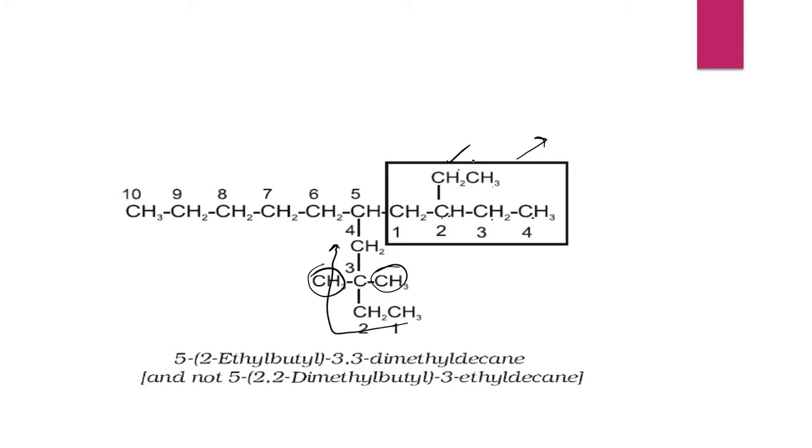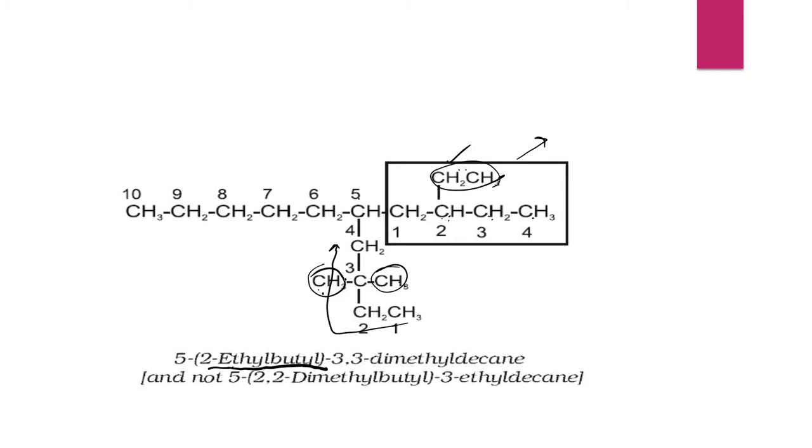At 2 position, we have an ethyl group. So I'll say 2-ethyl butyl. Now in place of butane, I'm writing butyl. So 2-ethyl butyl, and I'll put it in brackets. And this whole group is at 5 position. So 5-(2-ethyl butyl),